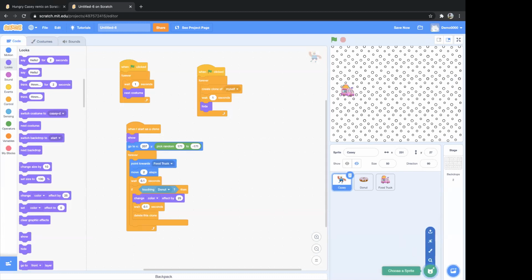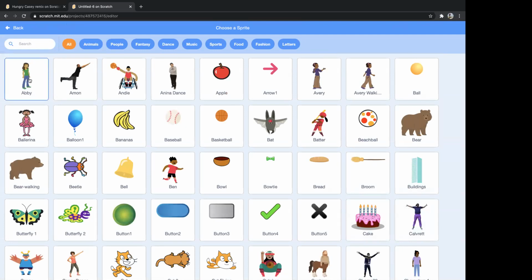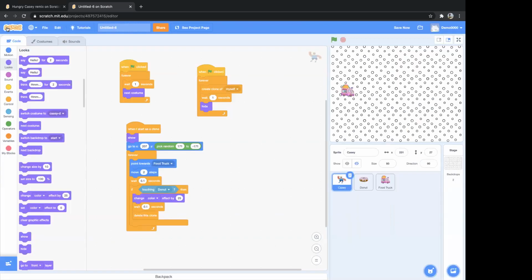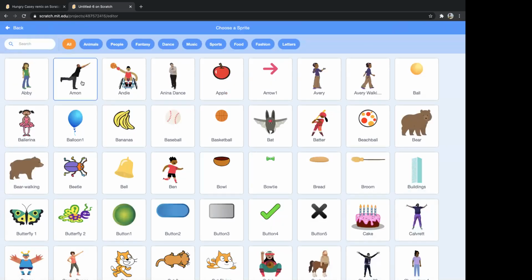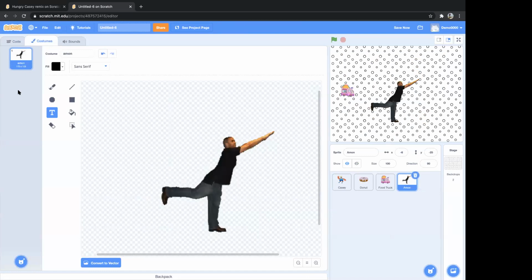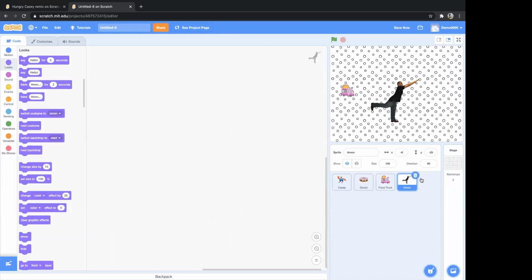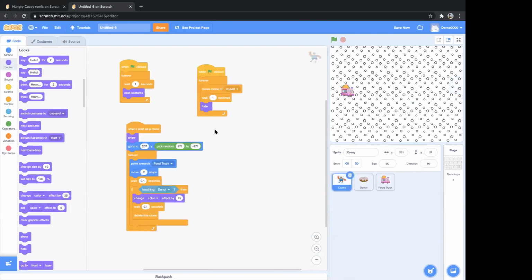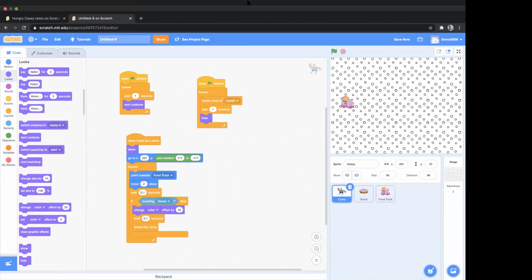See, not every sprite in the sprite library has multiple costumes. So when you click on sprites in the sprite library, see, this has multiple costumes. When I click on it, see, it's changing costumes. This doesn't have multiple costumes. This does have. For example, if I select Aemon here, and if I go to costumes, see, Aemon just has one costume. So that's why it cannot change costume. But Casey has multiple costumes, so it can change costumes, okay? Any other doubt?